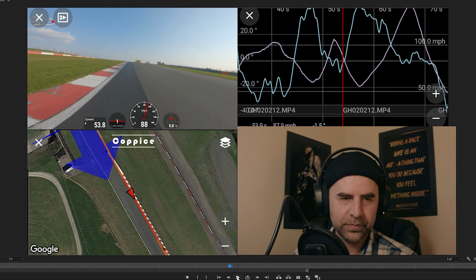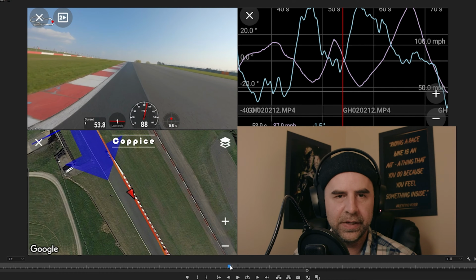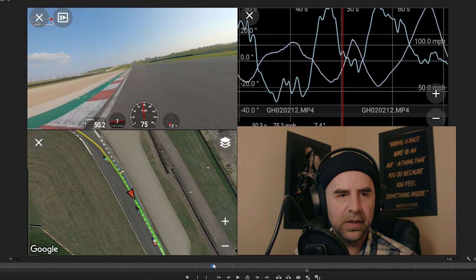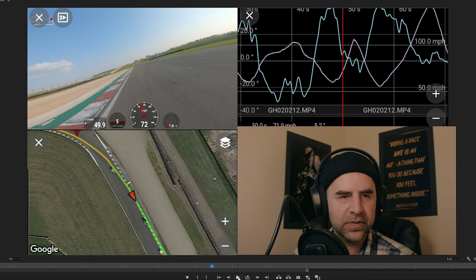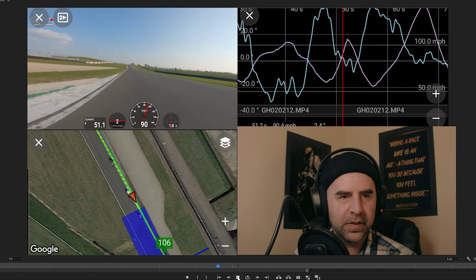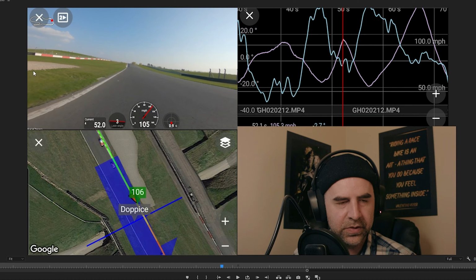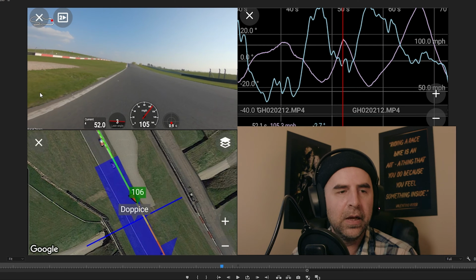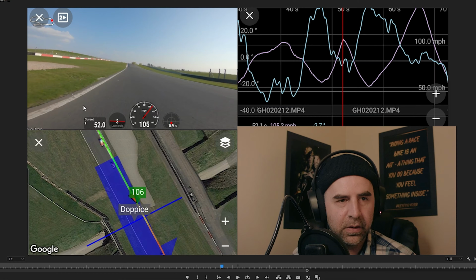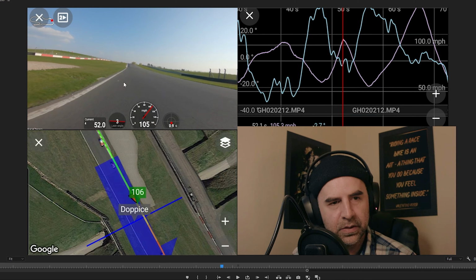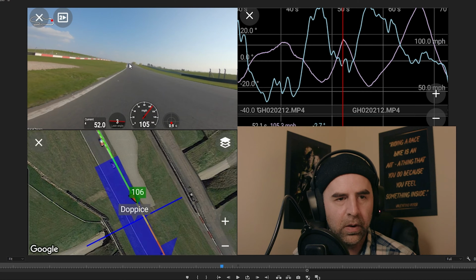Oh, see, that braking marker is way too early. So you watch where that braking marker happens. Right there, when you hear it in the engine tone, whenever the engine tone starts to drop. So it's right here. Normally, you should be able to put a braking marker at or right before the rumble